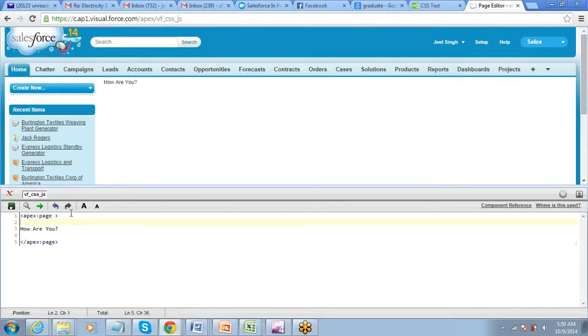Then, before you start writing the Visualforce code within the apex page, you should define the style. Within this you write your style. Give the style any name and then you just write it this way.